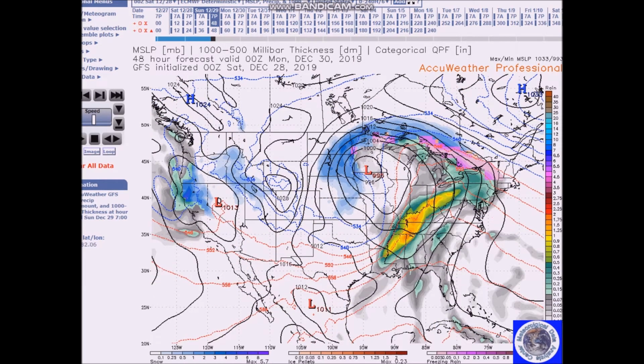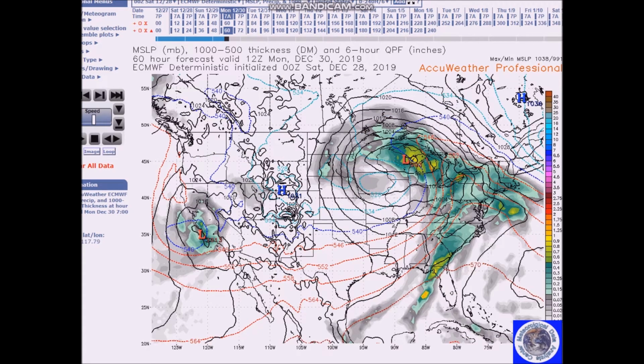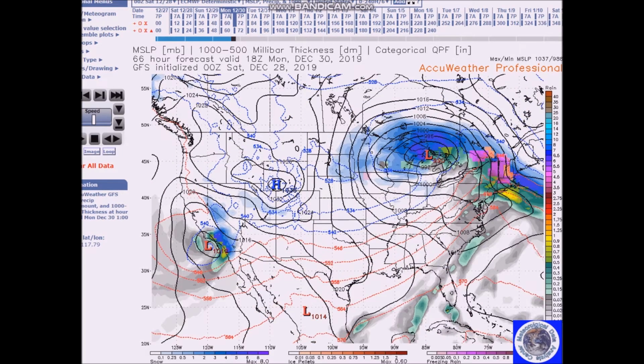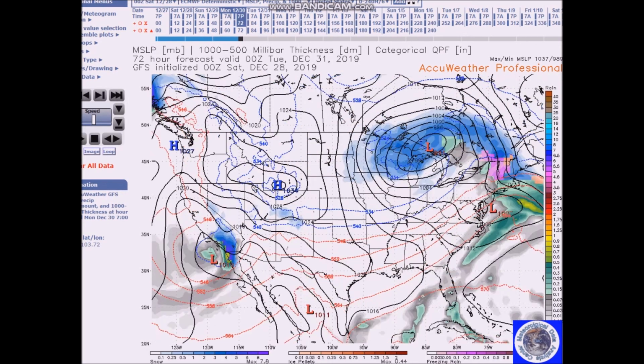Now the rain starts pushing east. We have storms here, heavy rain in the Tennessee Valley to the Gulf Coast, snow back here into the northern plains, and then we get to Monday 7 a.m. We have some heavy snow here across the Great Lakes, rain, mixed precipitation in New England. Here's the cold front, and then we look at the European, it's similar, and then we'll look at the GFS,